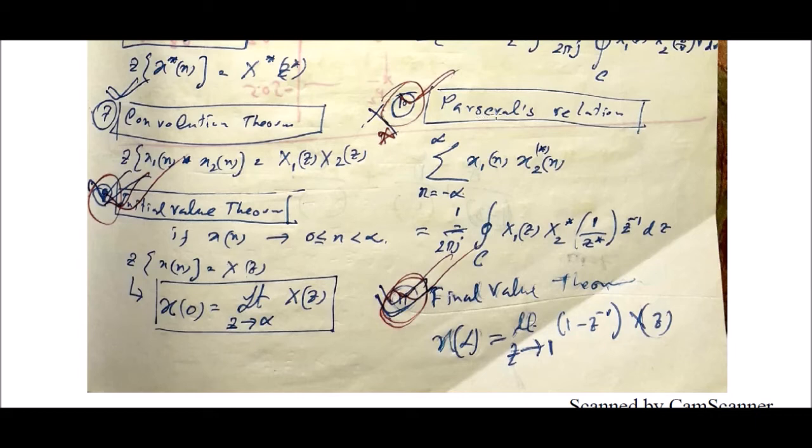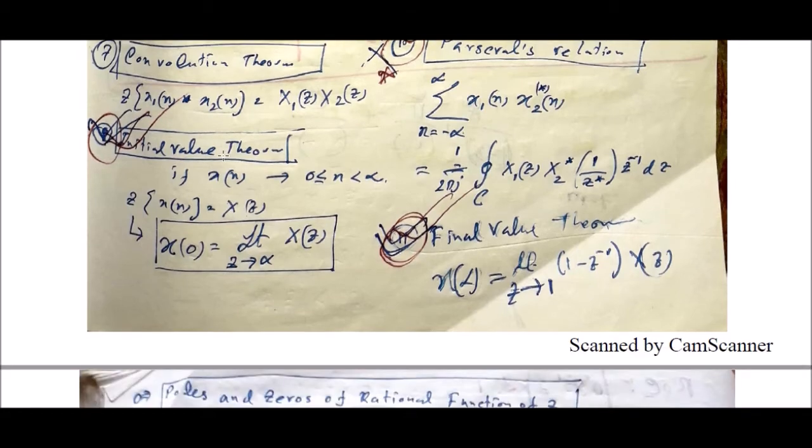Now I am showing you Parseval's theorem. Parseval's theorem means summation of n from minus infinity to plus infinity, with two different signals, one is x1[n], another is the conjugate of x2[n]. If you do that operation, you will have this contour integral, and it is called Parseval's theorem. You have to remember this because in multiple choice questions, for 4 options, you may have to choose the right option. That's why you have to remember this particular equation.